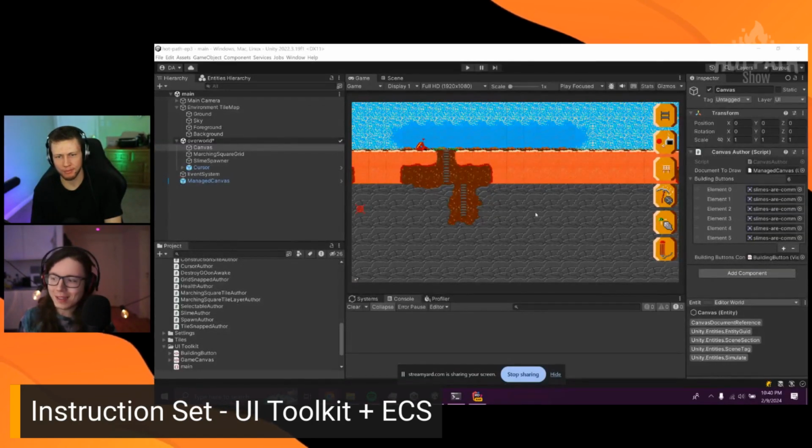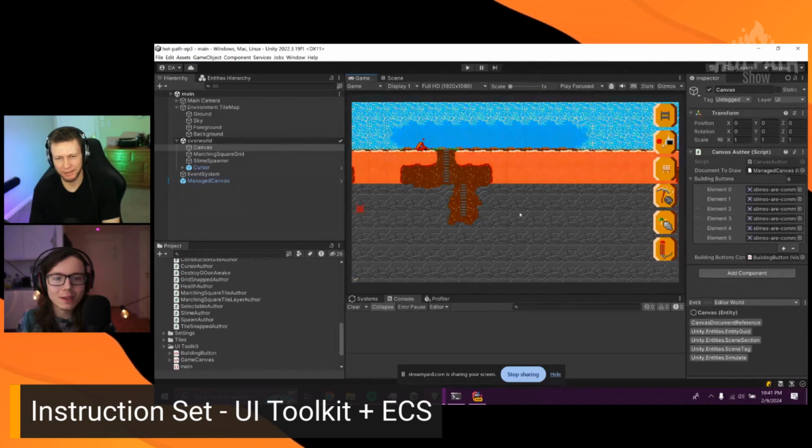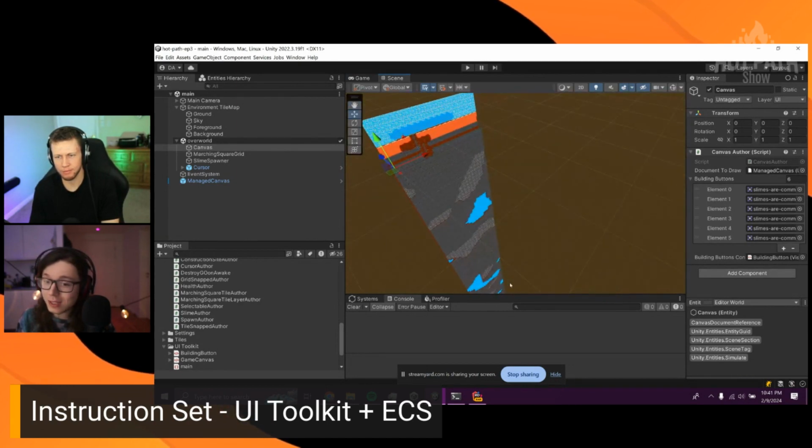Yeah, so here's the nice little project, and hopefully the zoom is all right today, because last time it was very tiny and a little blurry. I did zoom in this time. So we have this nice little scene. We can see some UI over here on the side. There's a whole terrain going on, procedurally generated even,